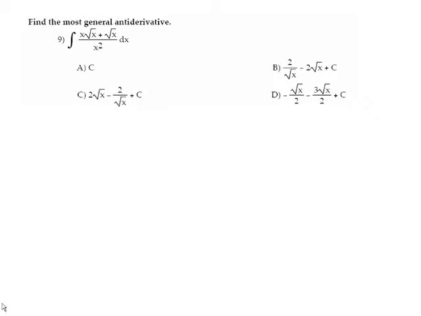Number 9, we want to calculate the general antiderivative. And here again, it's a good thing to simplify an expression before you try to take the antiderivative. It will save you a lot of trouble. We can rewrite this as x to the 3/2 plus x to the 1/2 divided by x squared dx. And now rewriting this equals the integral of x to the minus 1/2 plus x to the minus 3/2 dx,